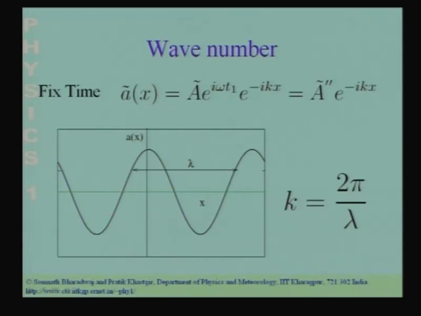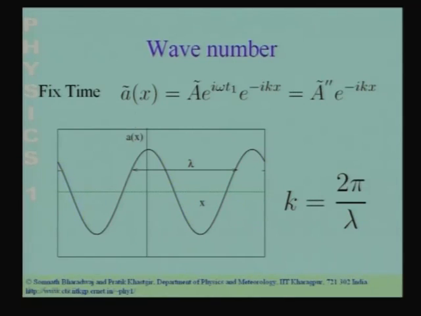So, the new complex amplitude is A tilde double prime, and you have this factor of e to the power minus i k x. Now, let us ask the question, what does it look like as a function of x? You should take only the real part. The real part of this is a cosine. For convenience, we will assume that the phase of A double prime is 0. So, you have cos kx. As a function of x, A looks like cos kx, which is what I have shown here.